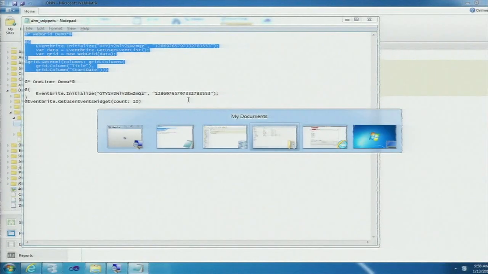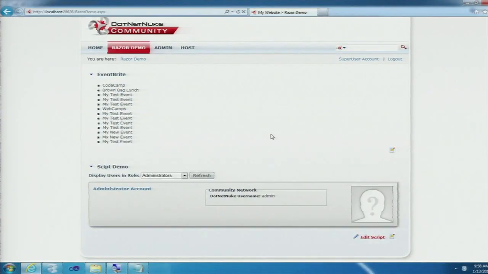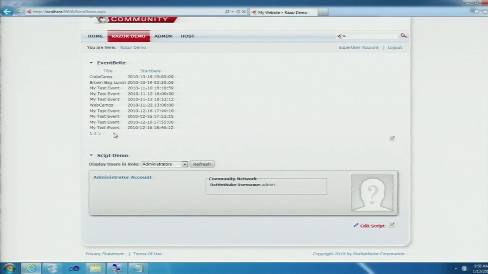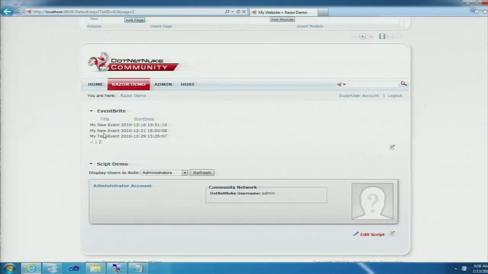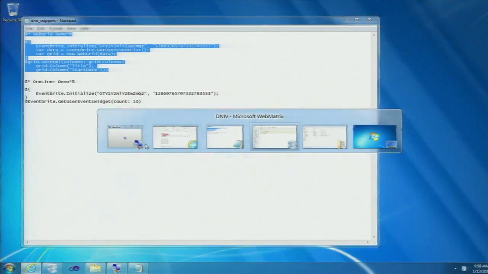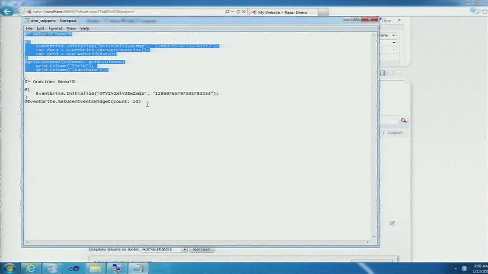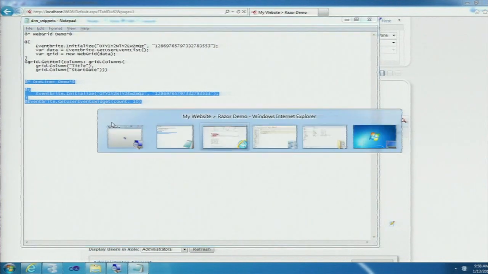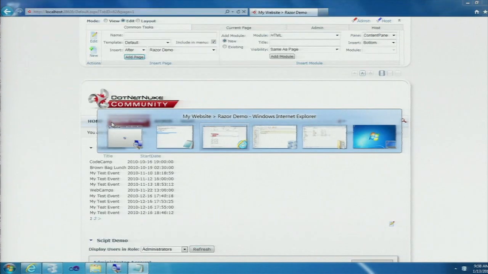So we've already got the script in WebMatrix, and once we save that script, we can refresh the browser, and we get our event list looking in a completely different manner, with paging and nice column titles. But this may not be exactly the user experience that we would like to present to our users. So what we're going to do is make another change. And in fact, in this case, we're going to use another helper, a helper that was provided as part of Eventbrite.